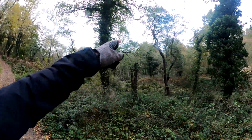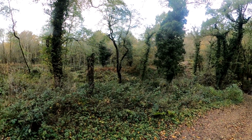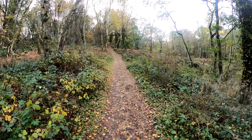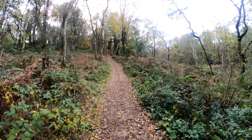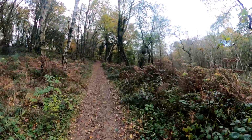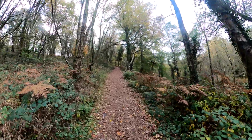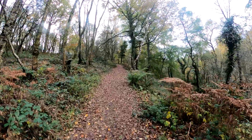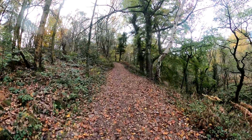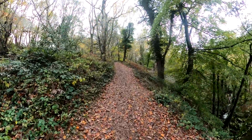So I've just come down that way, which is a substantial drop in altitude. I could go back the same way and basically call it, but I'll make it a circular. So this should put me back up to the main car park, which was quite full when I came past. So I'm going to carry on up to that, across the road. I think I've got to go down the road a reasonable amount to get onto the green lane, just up from Fox House, and then that'll take me